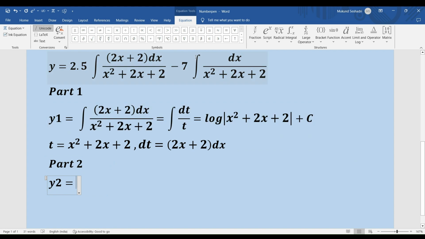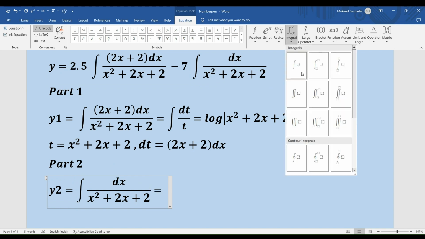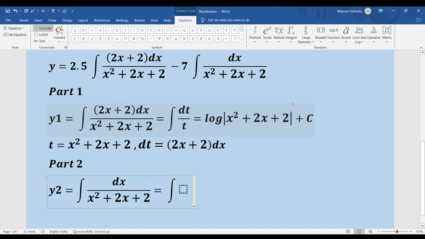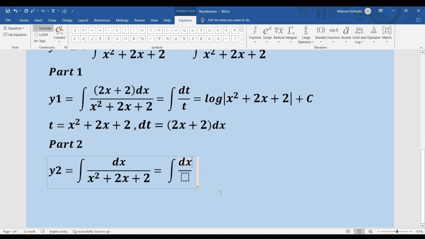Now I go to my y2, and then what is my y2? My y2 is nothing but integral of dx by x squared plus 2x plus 2, right? Now I'm going to rewrite this in the format. I'm particularly referring to the quadratic expression x squared plus 2x plus 2. I'm going to rewrite this in the format x plus or minus a the whole square plus or minus b square, right? And how do we do that? Retain dx, and what happens to my